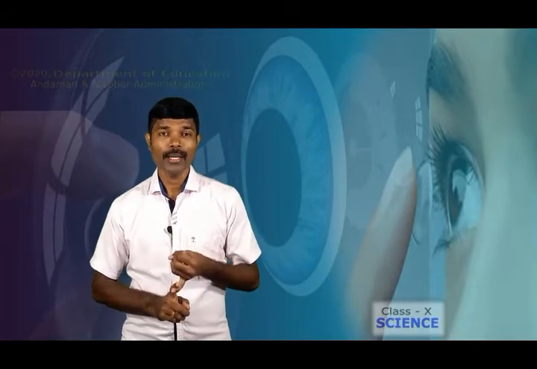In the previous case, that is in case of convex lens, we used 6 different positions, right? As far as concave lens is concerned, there are only 2 positions. That means the object can be kept only in 2 positions. One is at infinity and another is between infinity and the optical center. Now we will see how the image is obtained on a concave lens, using ray diagrams to understand.